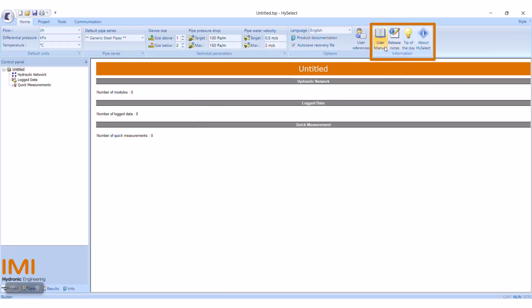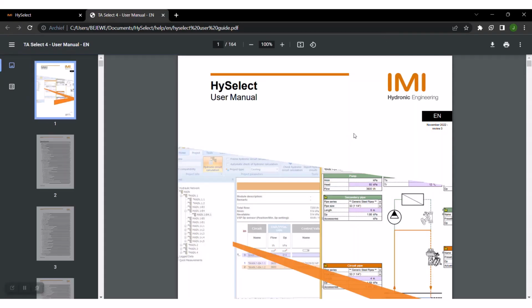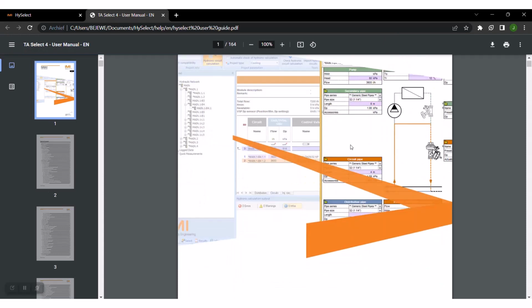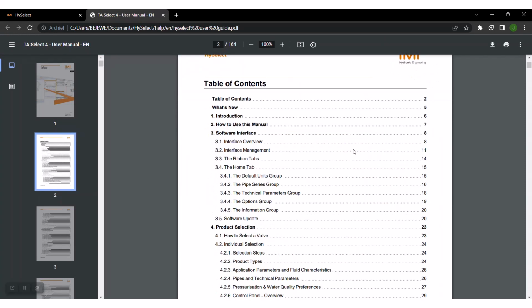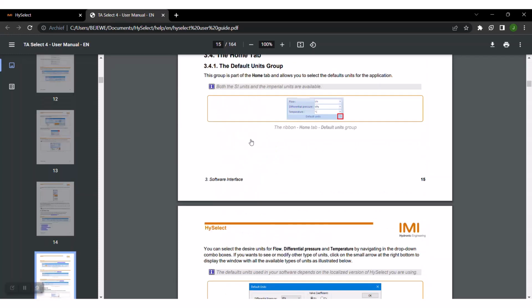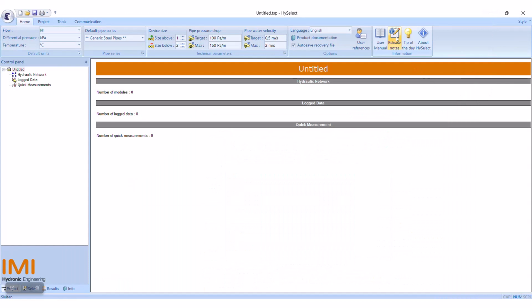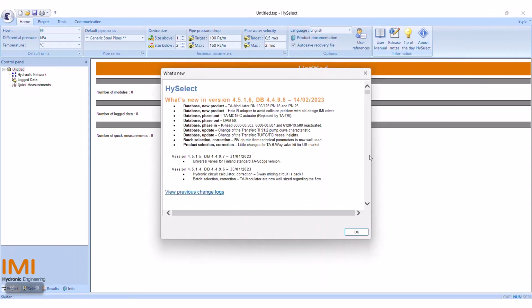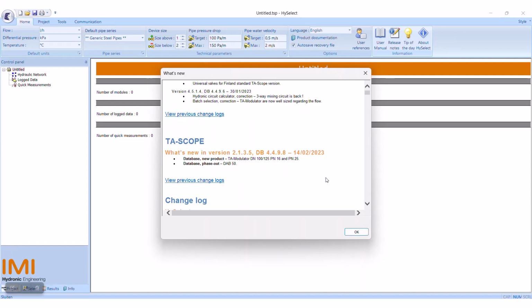Let's now look at the information box. The first option is the user manual. By clicking the button, you will be guided to the web page where the user manual is located. For now, as you see, only in English. But the manual is showing all information properly structured. When clicking the Release Note button, a pop-up appears with all the information of latest updates. This could be of use for checking if a specific bug you or a customer encountered was resolved, for example.